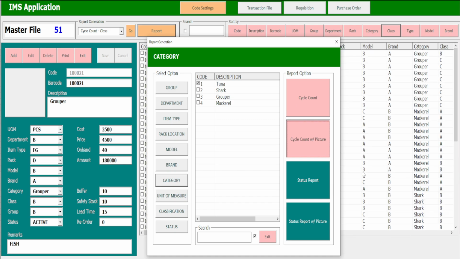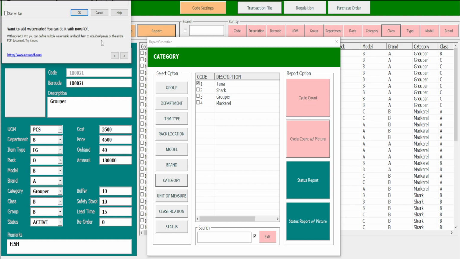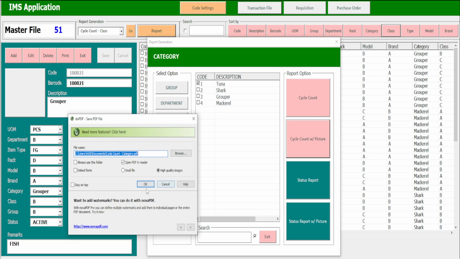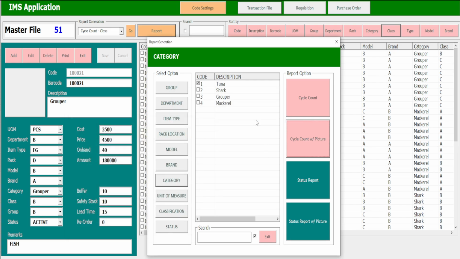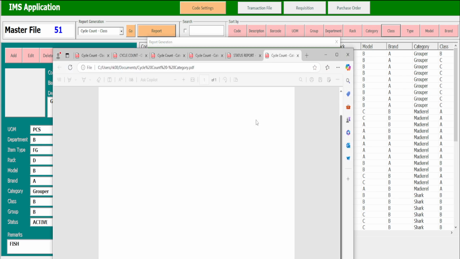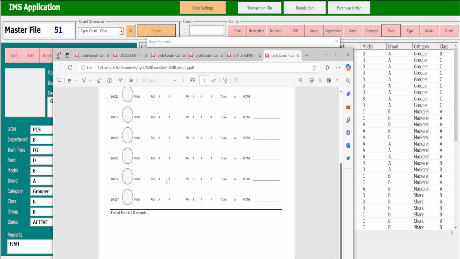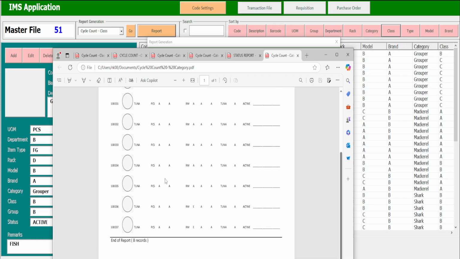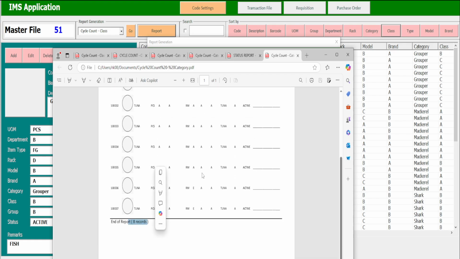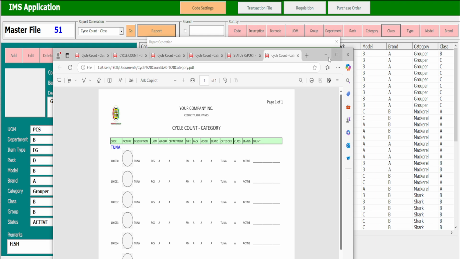So the process is completed, and this is the report for cycle count for tuna with picture, this one. See on your screen, with its records.